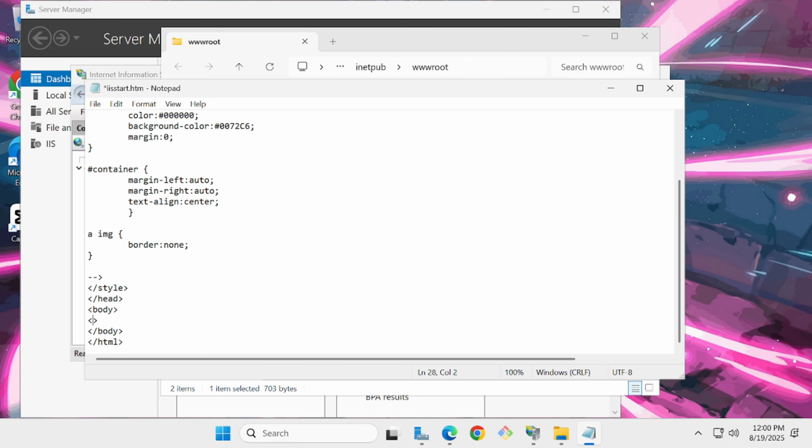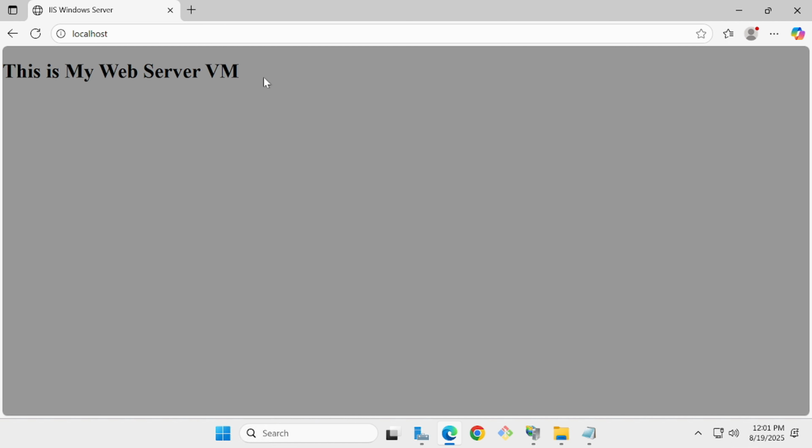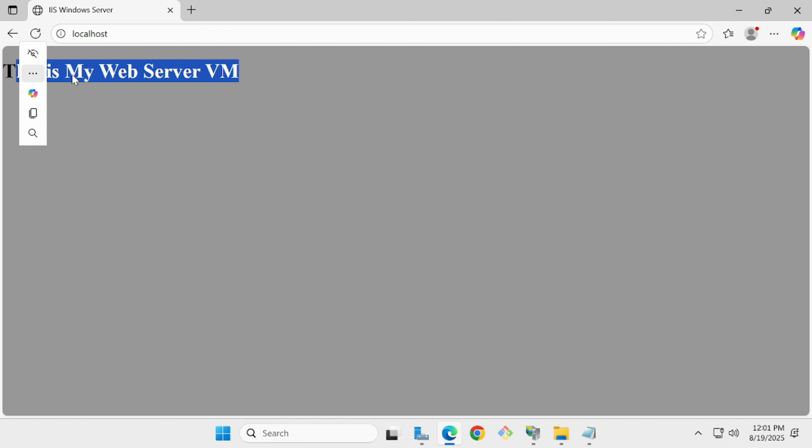This is my web server VM. Then I'll close the h1. Here I'll change the background color to maybe, let's say, 999. Then I'll save. If I go to my browser and type localhost, then you can see I've changed the default